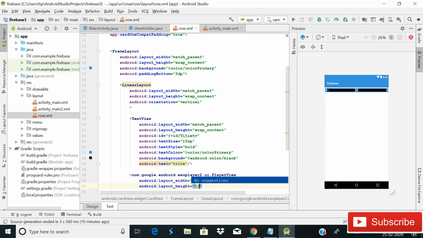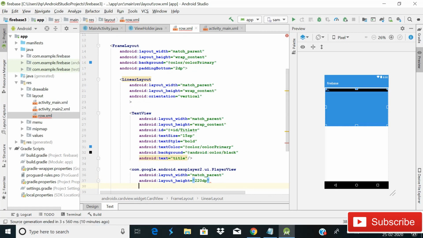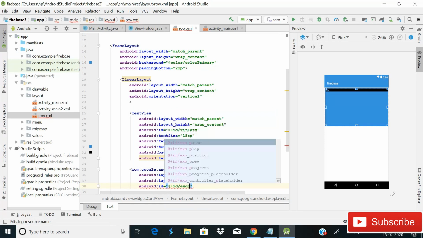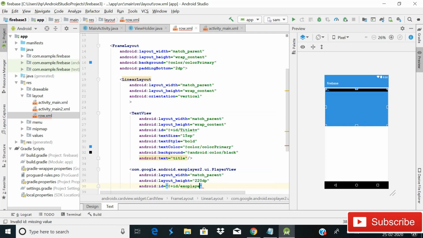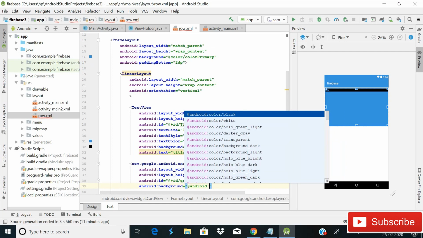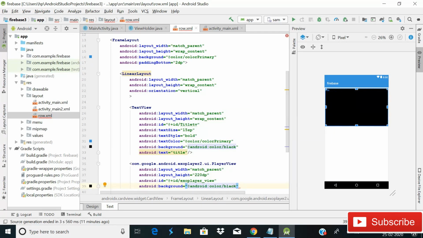I think 220dp looks good. So 220dp, and then id equals exoplayerview, and then background Android black.